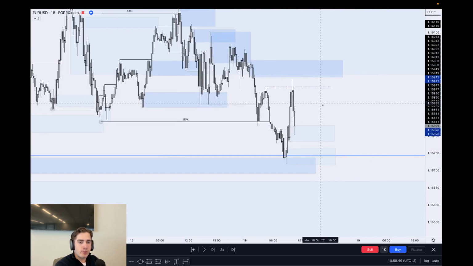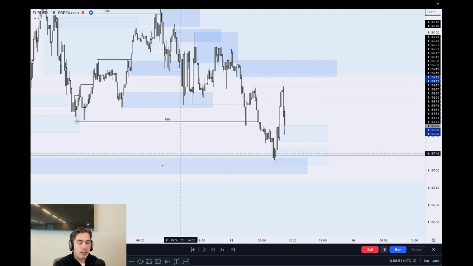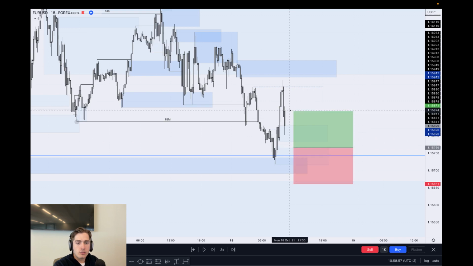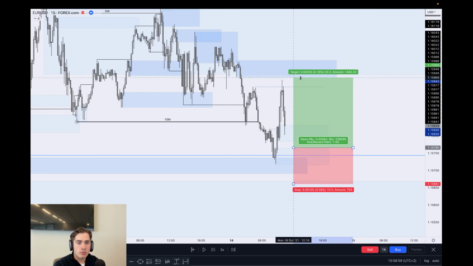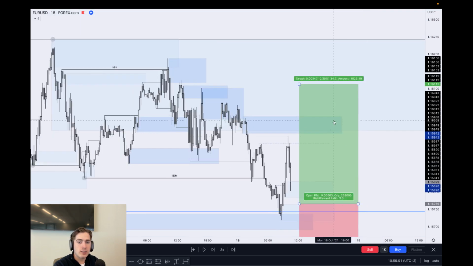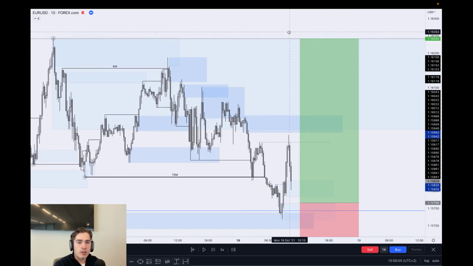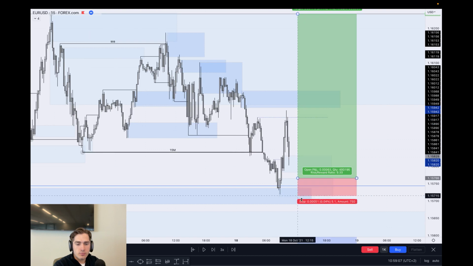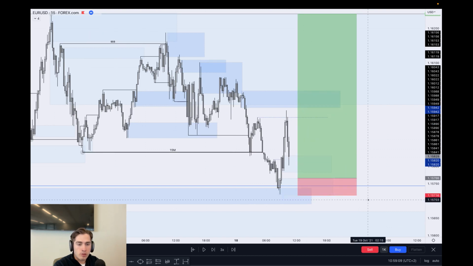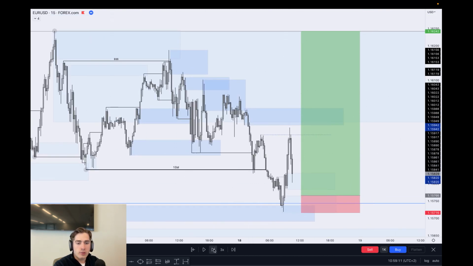So at the moment, what I'm going to be doing is I'm going to be looking, okay, where can I go long? Well, what I want to do is I want to go long from this lowest zone over here, due to that being the highest probability zone, and then of course with the first target being that zone, and then eventually us targeting a new 4-hour higher high. So what you do is you set your stop loss right below the zone, and then we press play,